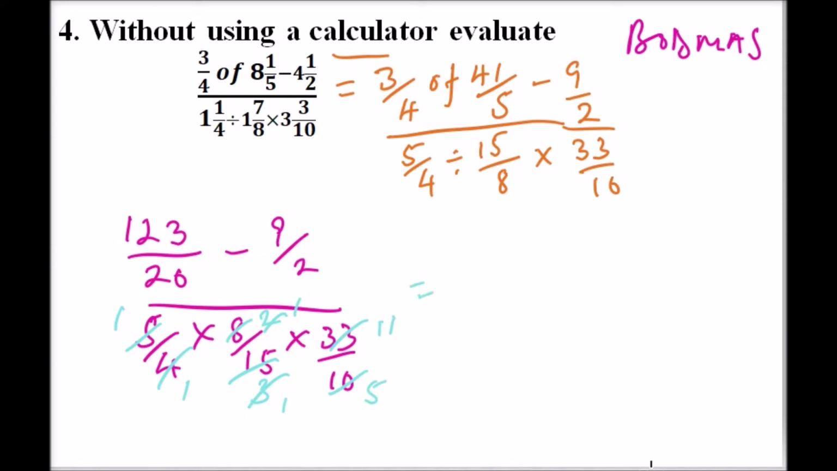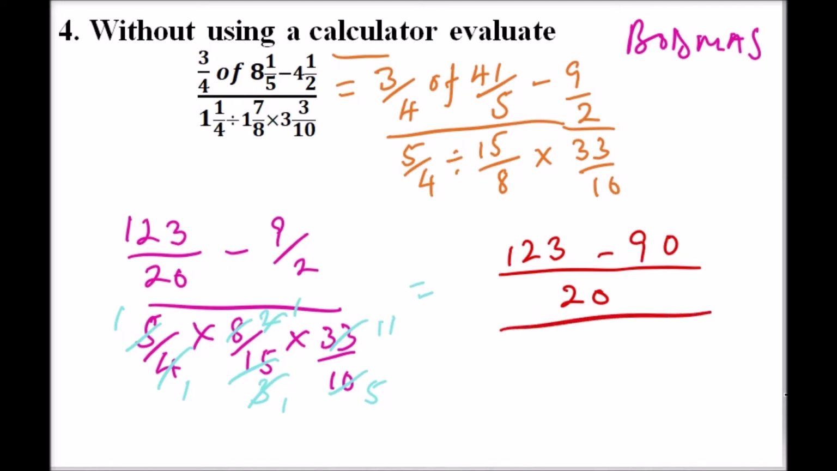So this is equal to the numerator. You can get the LCM. So the LCM of 20 and 2 is 20. So here we have 123 minus, this will be 20 divided by 2 is 10, times 9, that will give us 90. So 90, all this is divided by 11 divided by 5. So 90, that will give us